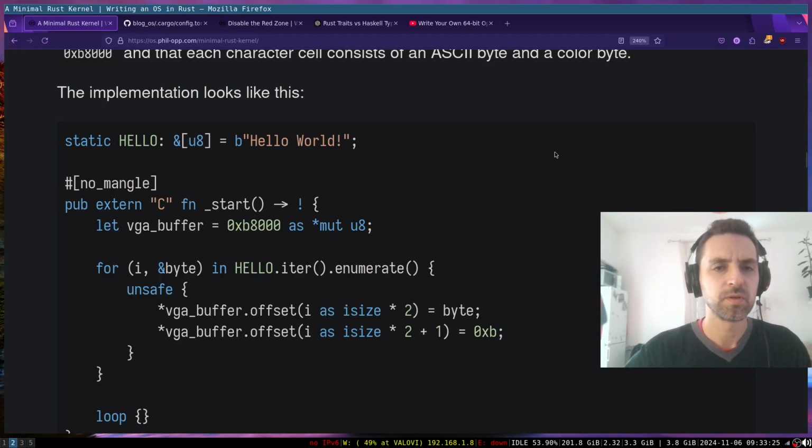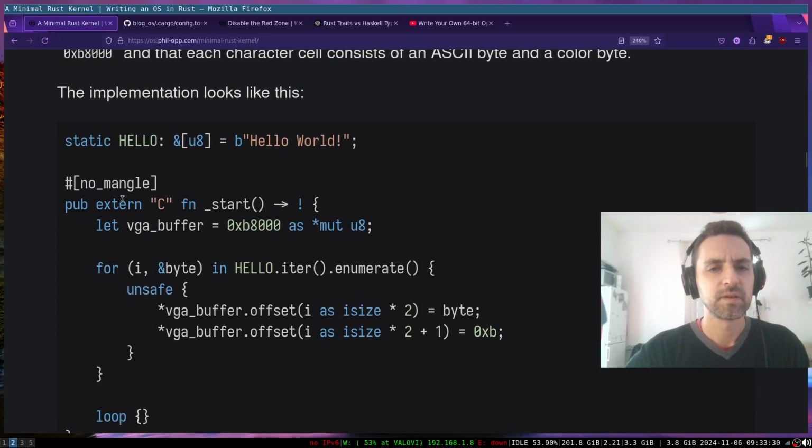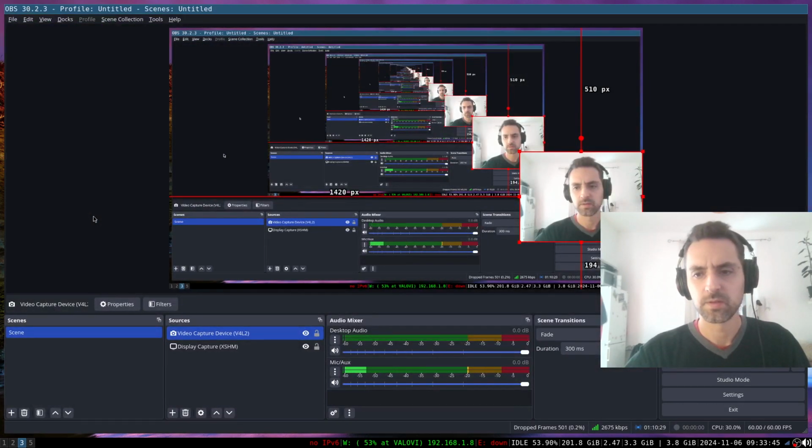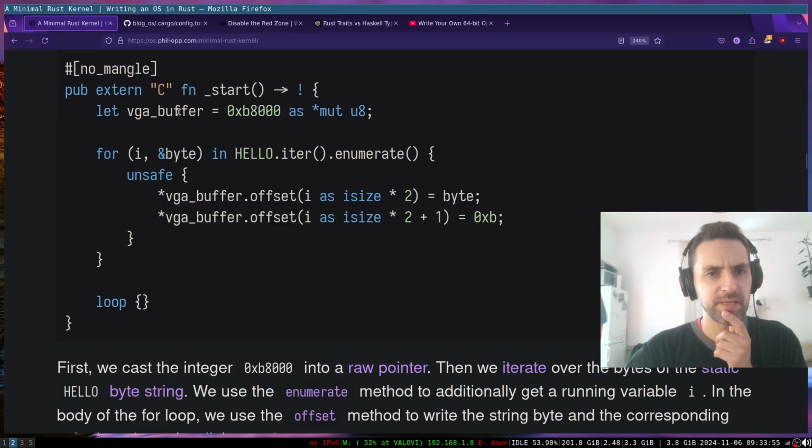Static hello. No mangle. What's this now? Is that our main.rs main source file? Static hello, hello world, no mangle. Static hello, hello world, no mangle. Pub extern C, yes. So let's compare this with our